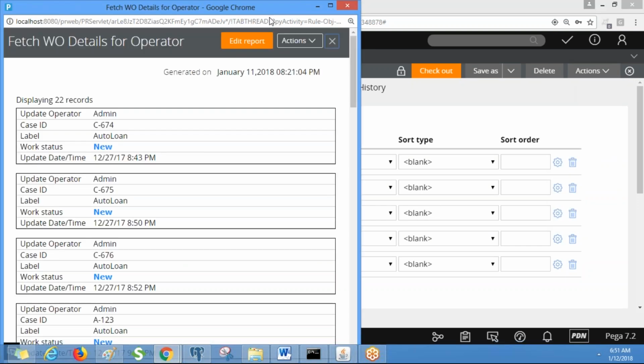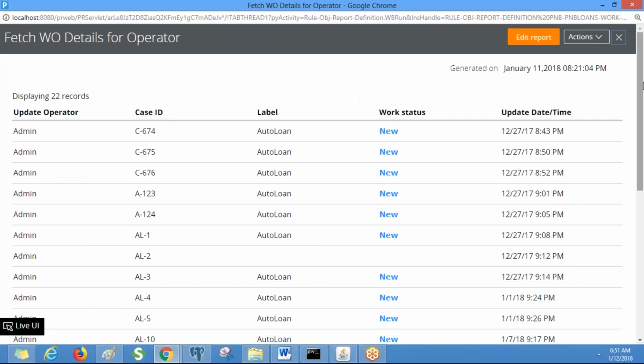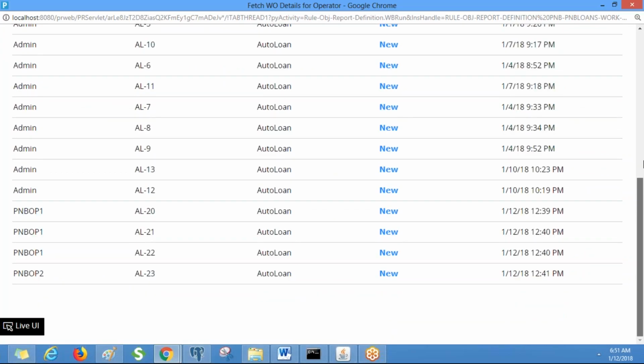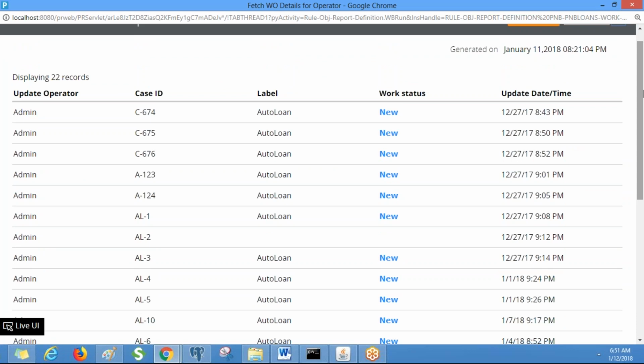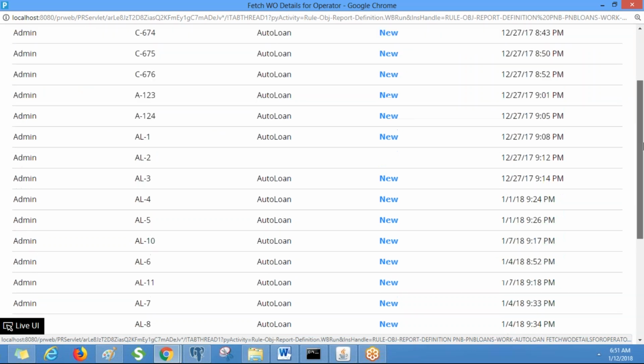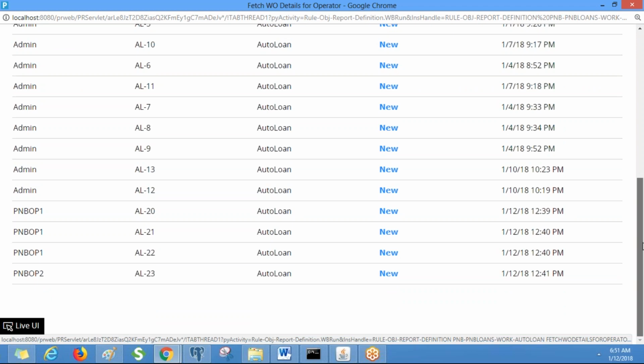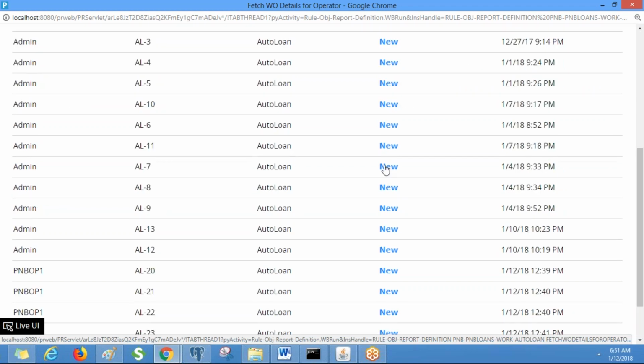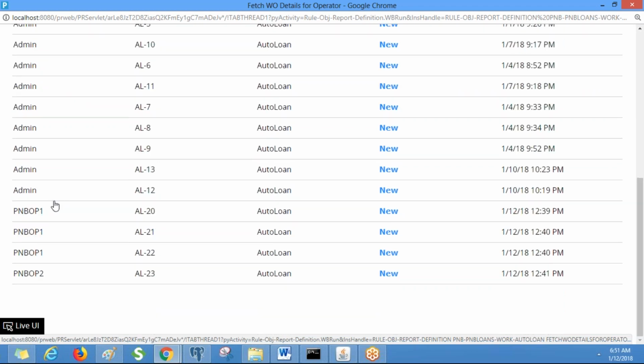See here, it is fetching all the operators along with the work object details. But here we need to fetch the operators with the recent update date time. Okay, so it has to fetch admin, pnb operator 1 and pnb operator 2.